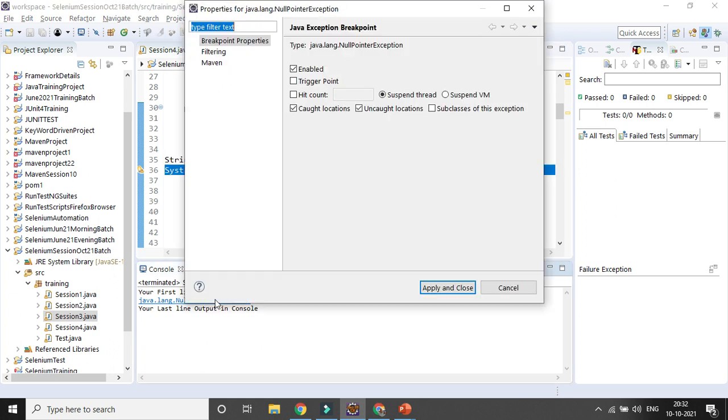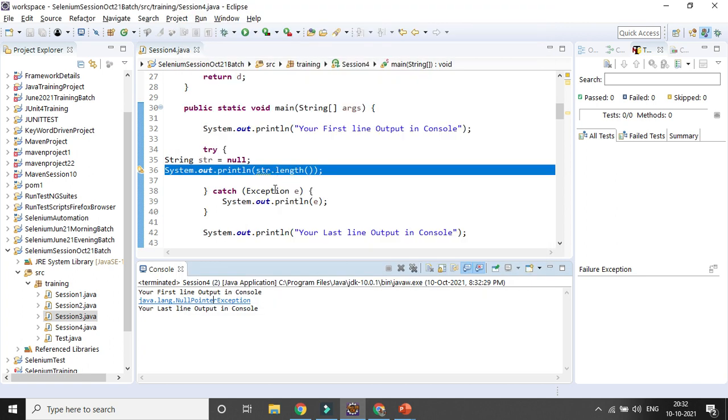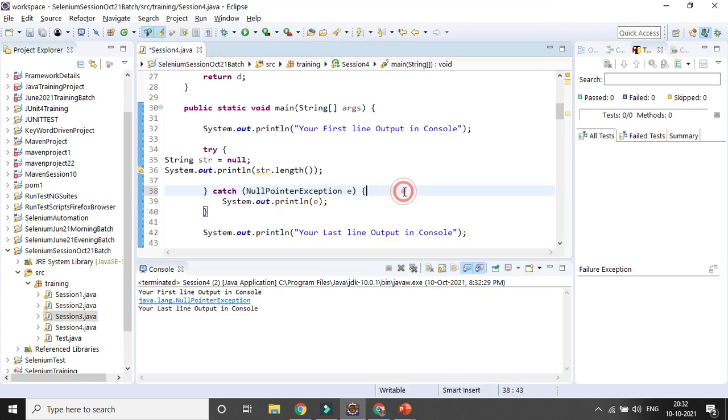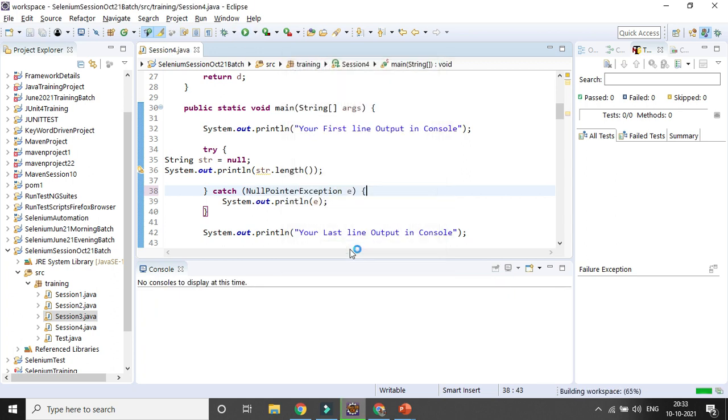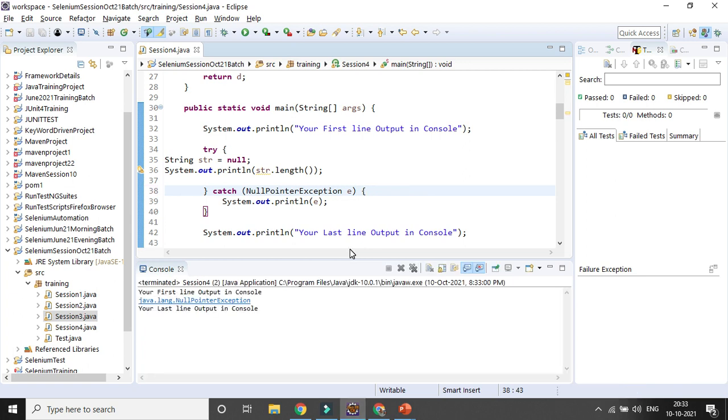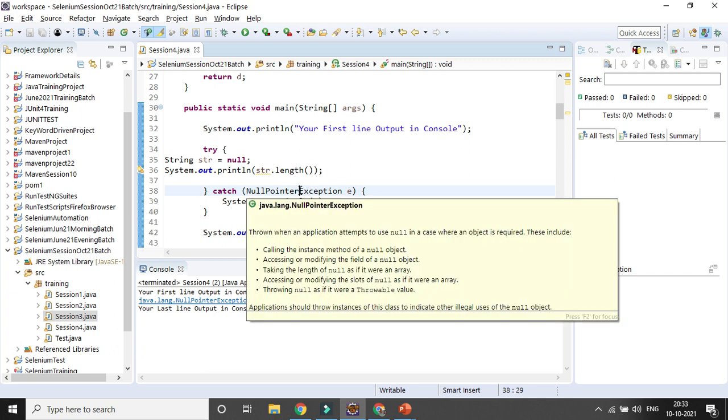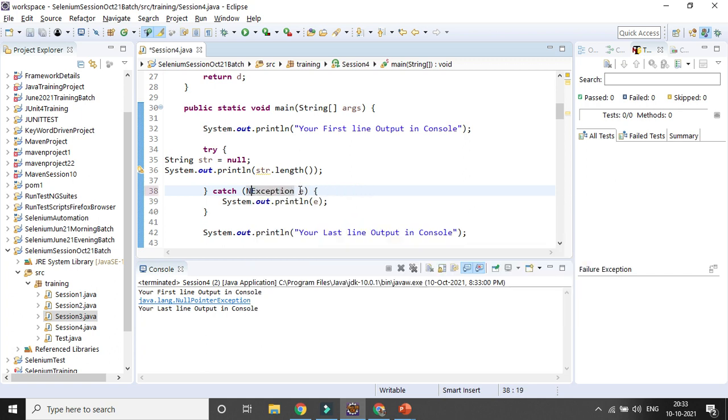If you want to handle it, you can just copy and paste that exception name, and it is coming from the java.lang package. Now I already know the name, so I can handle it this way. You can see it is coming, right? So that is better. If you do know it, you can go with that exception. If you do not know it, you can go with the generic exception.